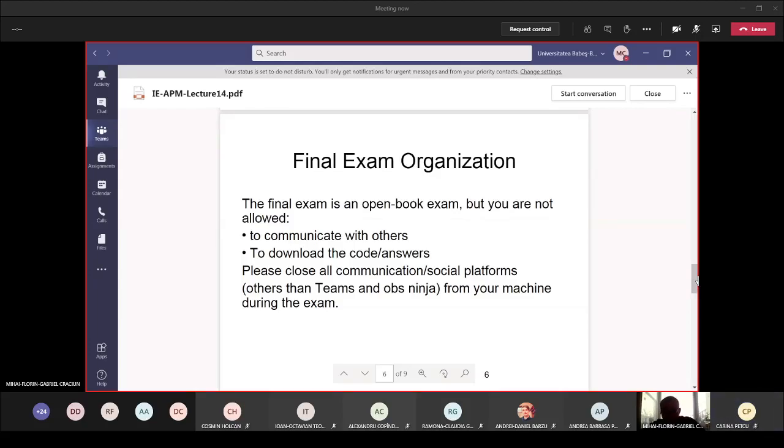So the final exam is open book, but you are allowed to search, to look at some examples, or to look at some